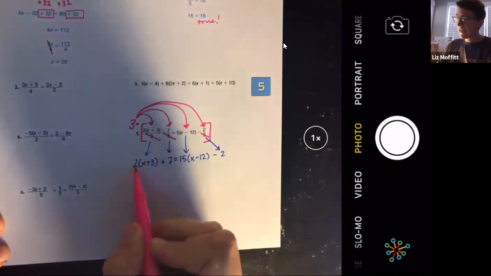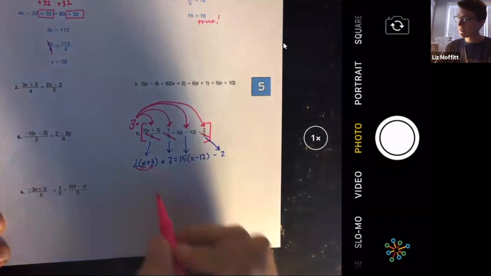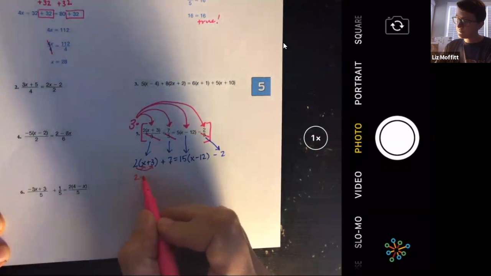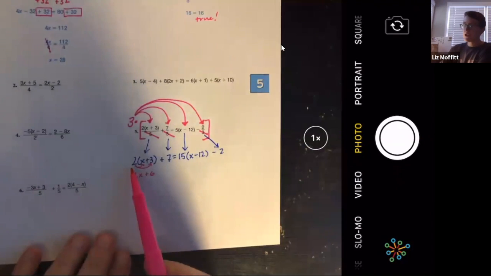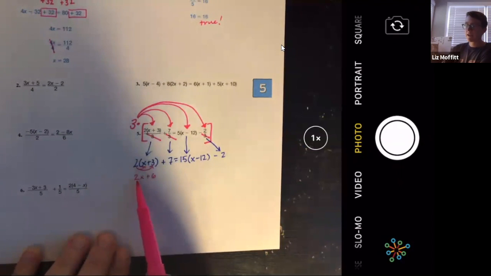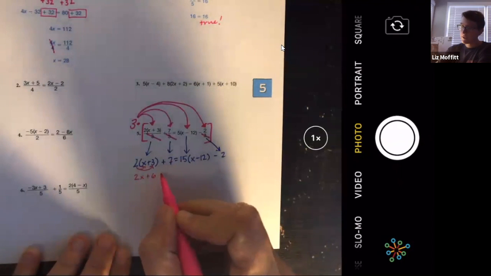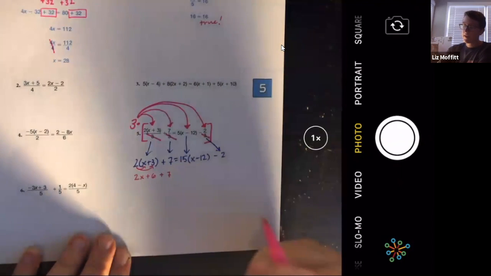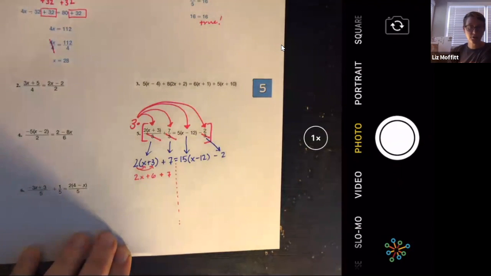I notice that I have distributive property in order to get rid of these parentheses. So I'm going to go ahead and distribute this to x. I distributed the 2 to the x and the 3 and got 2x plus 6. I didn't have to distribute anything to this plus 7, so I'm just going to bring it down. I'm stopping when I get to that equal sign because all I'm worried about right now is simplifying what's on